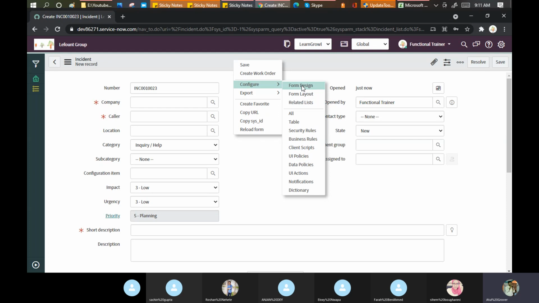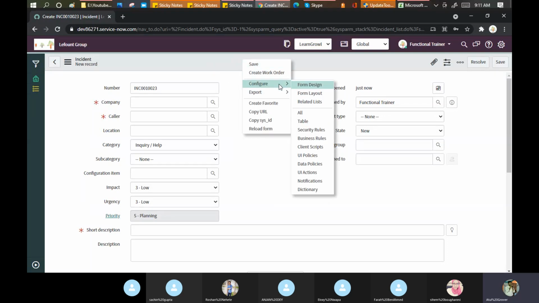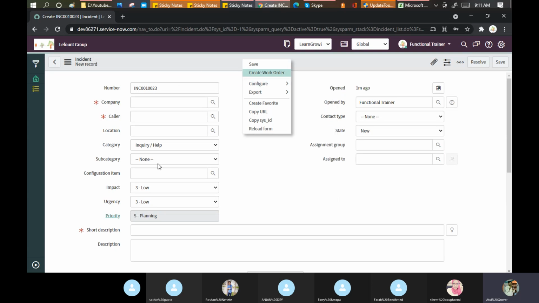If someone gets my Aadhaar card number, he can get the complete information about me. So this is the one place where you can right click and go to configure, and you will find a lot of things which are applicable on your particular form.